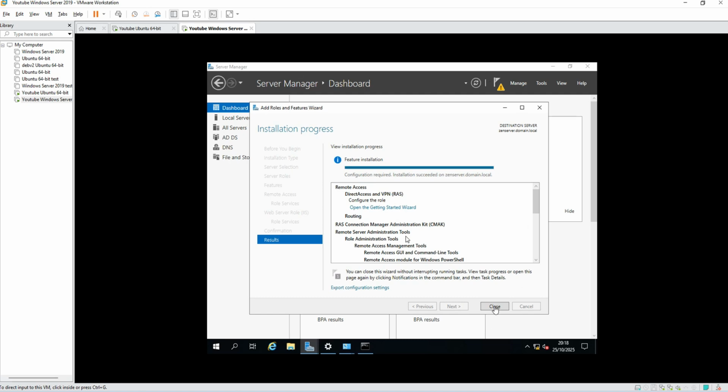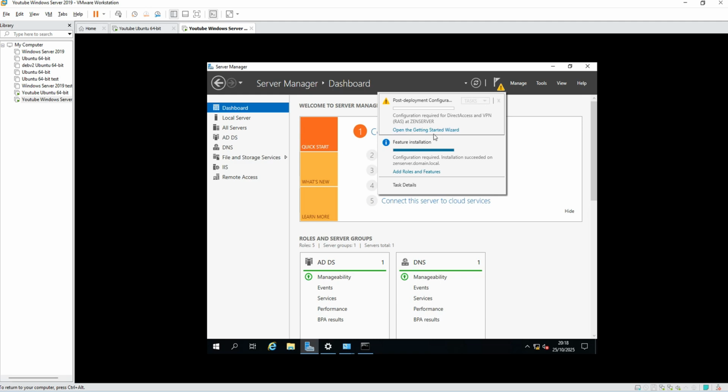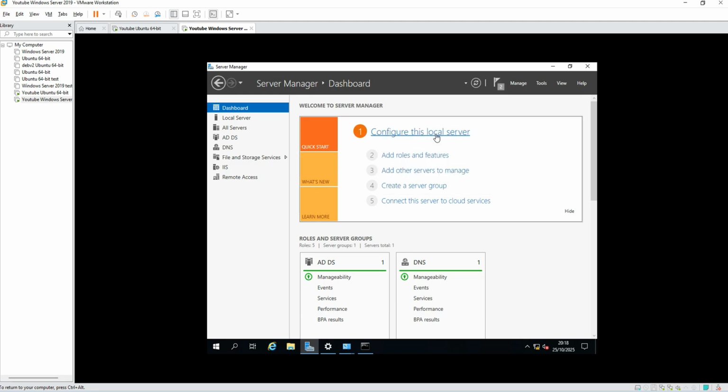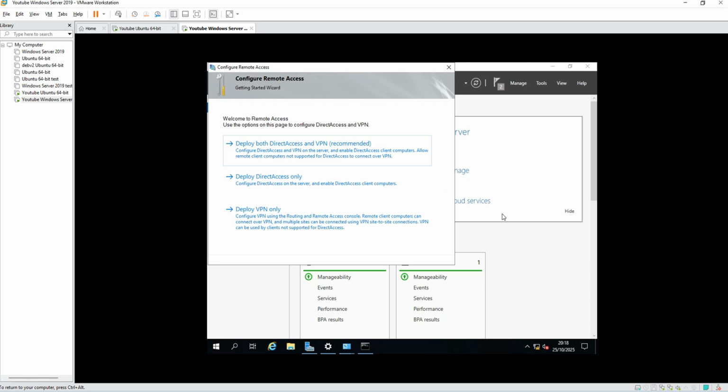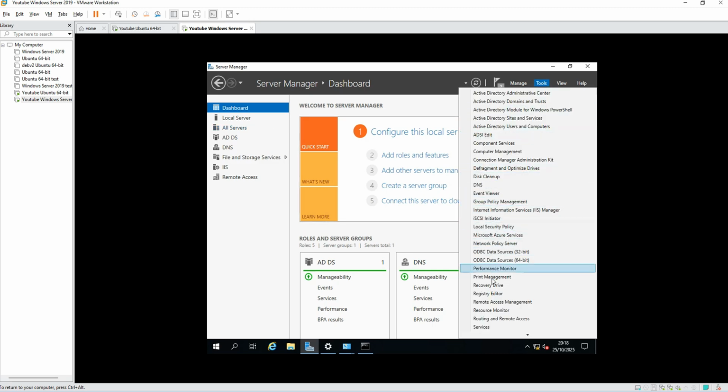Okay, so that's done. Now it's going to ask me about using the wizard. I'm not going to do the wizard. As soon as it starts, I'm going to cancel it. I don't want to do the wizard. Okay, so that's installed. If I go to Tools and I go to Routing and Remote Access,